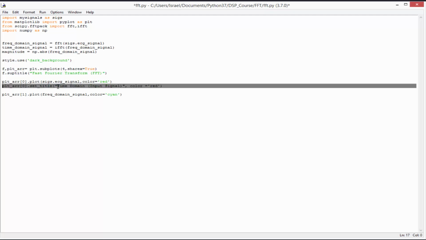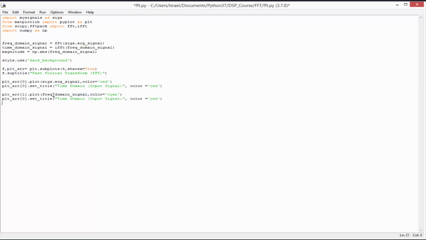I'll just copy this, paste it down here, change this title to frequency domain signal, change this to frequency domain, in brackets FFT,